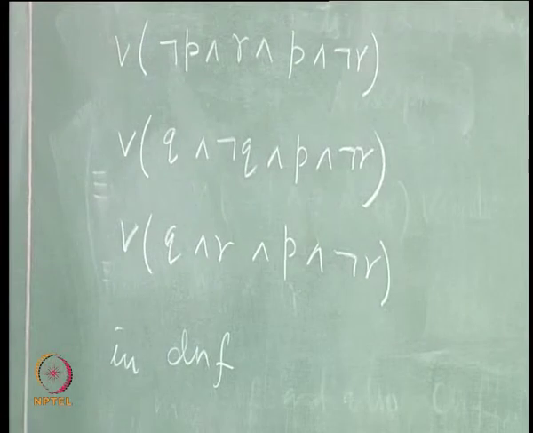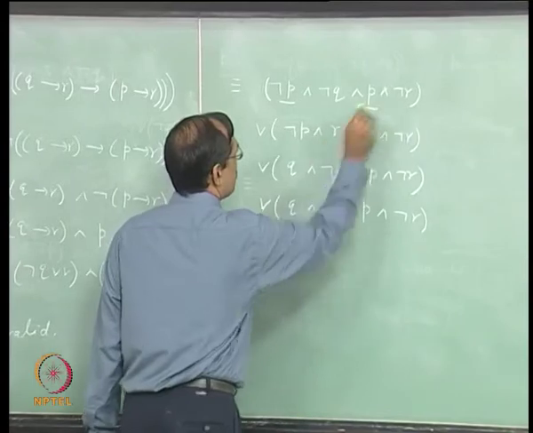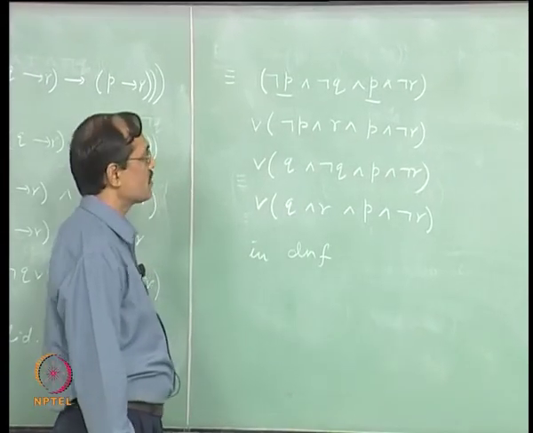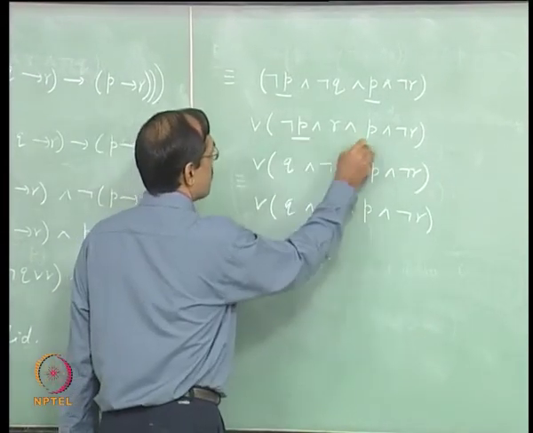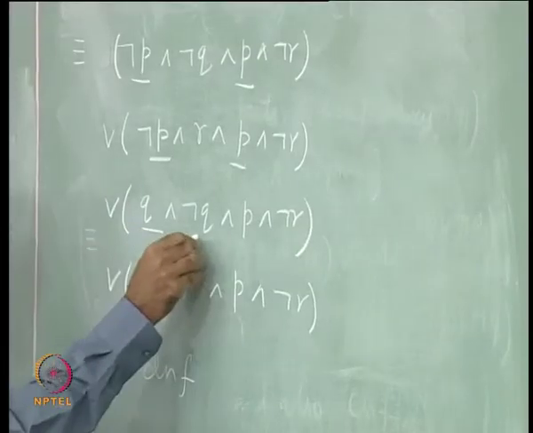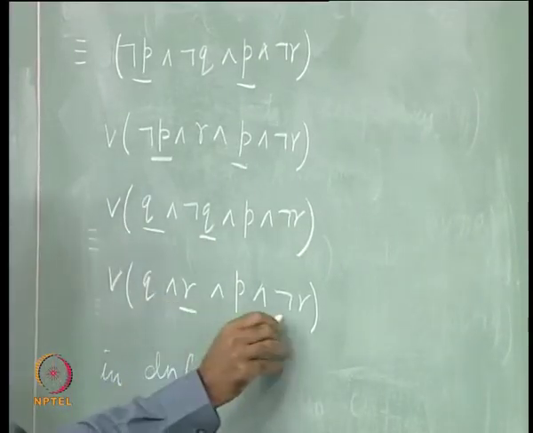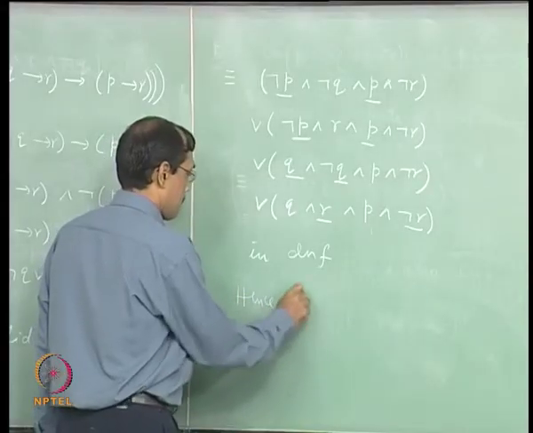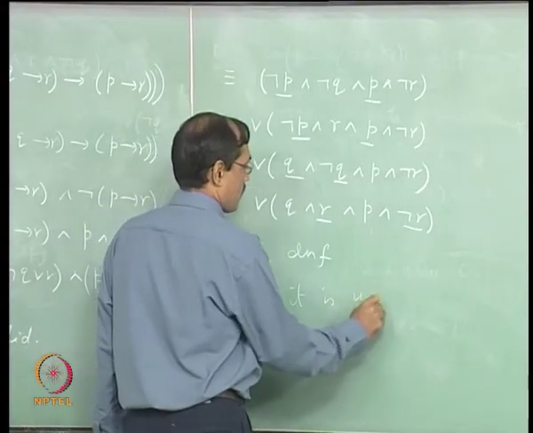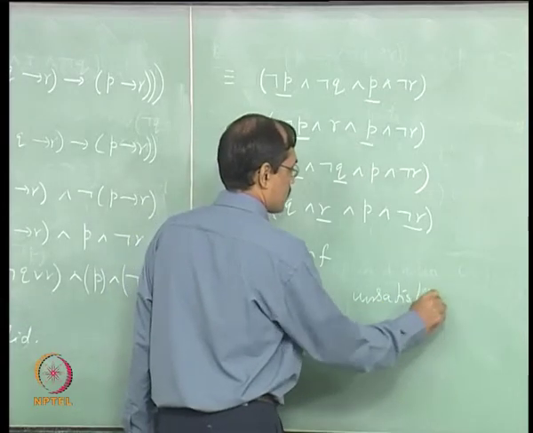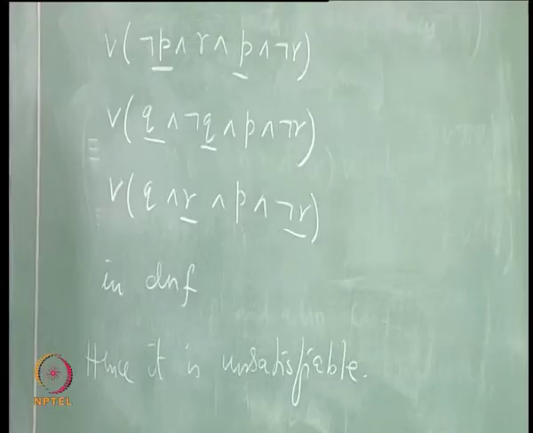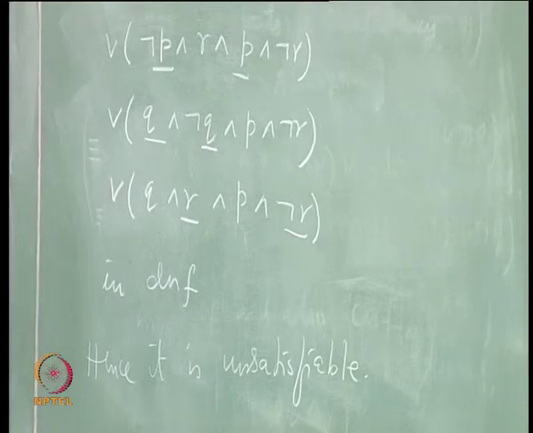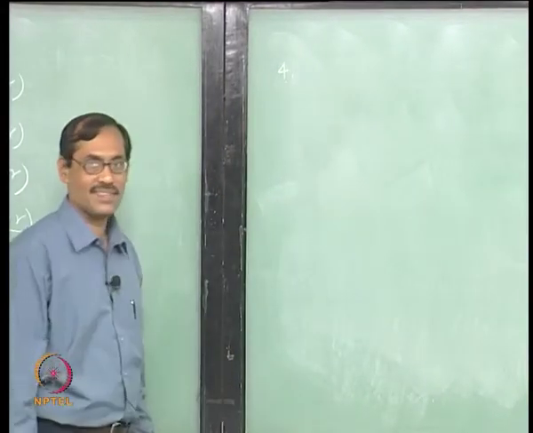And now we go back to the principle, apply it. So, here we see that P, not P, there is a pair of complementary literals. In the next clause there is also P, not P, in the next clause Q, not Q, in the next clause R, not R. Okay. So, it is unsatisfiable. Is it clear?